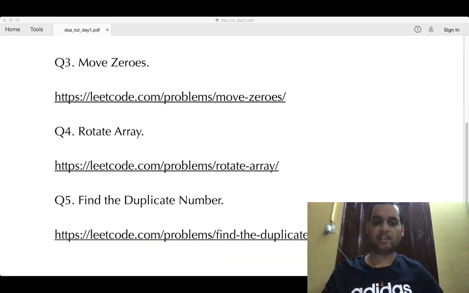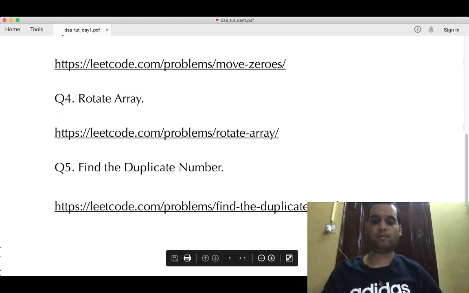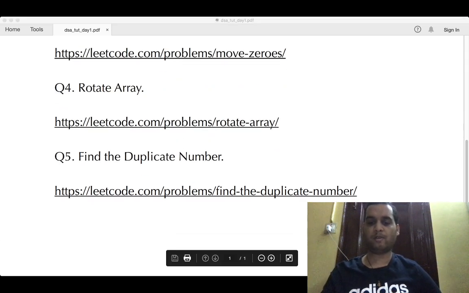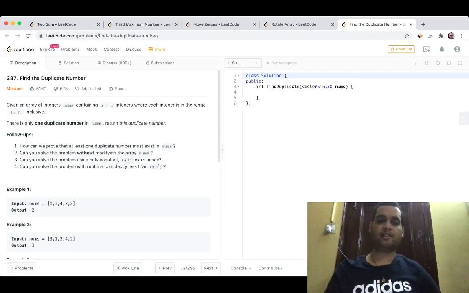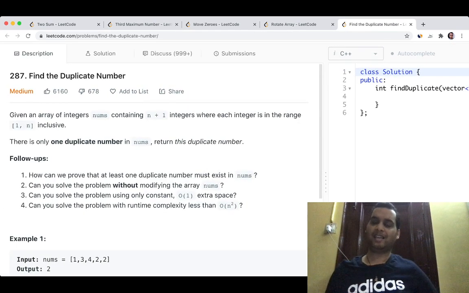Okay, so the next question we are looking at is find the duplicate number. This is also a very common problem that you will see in almost all data structures, whether it's tree, linked list, anything, where you have to remove the duplicate number. Also in the software industry, if you are going to work as an SDE, you will see a lot of times there is an issue of duplicacy of data. So this is an important problem-solving skill to know.